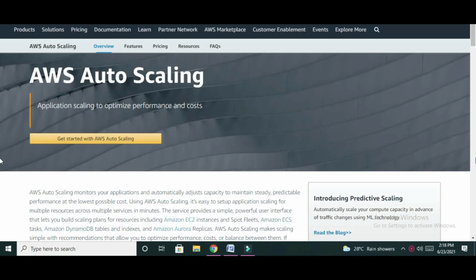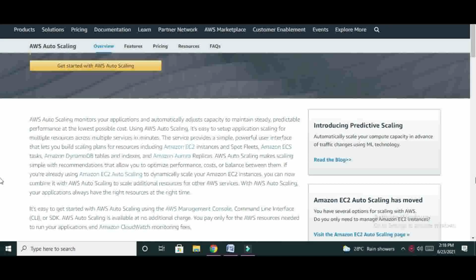So today we are going to discuss AWS auto scaling. So basically auto scaling is used to monitor the application and automatically adjust the capacity as per the requirement. So whenever we are using Amazon EC2 instance, the auto scaling group can be attached to these instances.